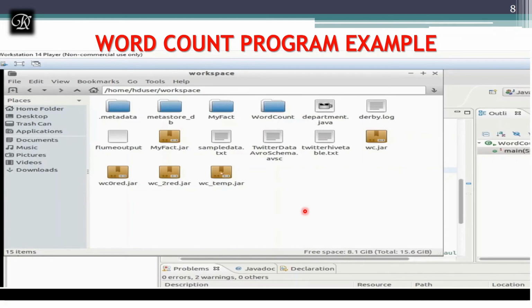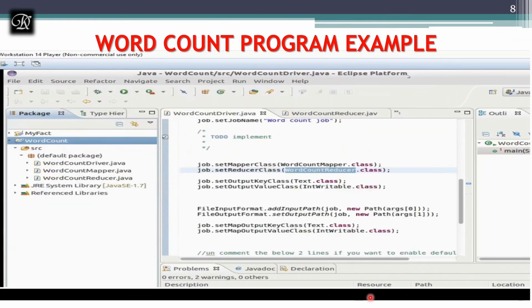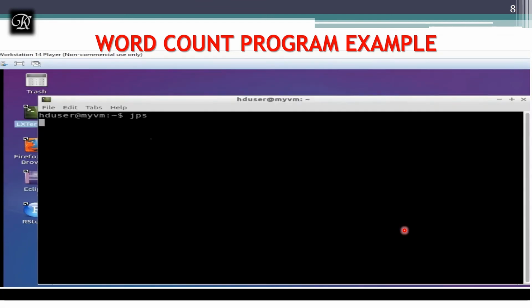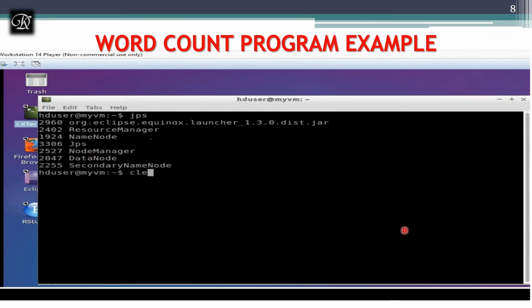Now I'm going to use that, and I should first go to my terminal. Let me close this Eclipse and open a terminal. Yeah, my Hadoop is already started.